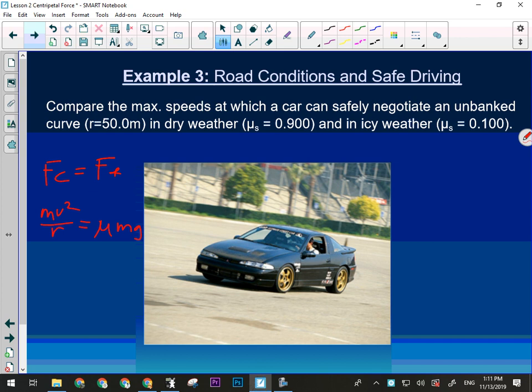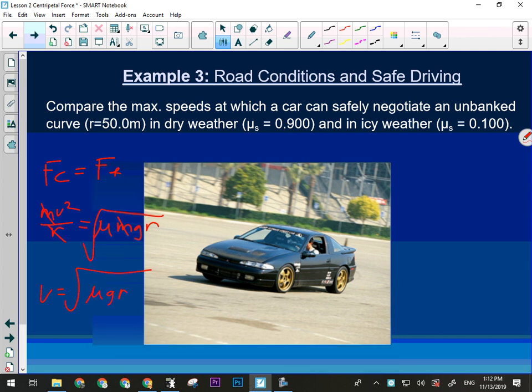Can I calculate how fast the car can negotiate this corner? I have to isolate what? Not m. v. Yeah, I'm trying to figure out how fast it can go around the corner. v is how fast. So I want to isolate v. I'm going to take r and multiply it over here, then divide both sides by m. What's going to happen? m will cancel, same car on both sides. And I'm looking for v, not v squared, so square root. So v will equal the square root of